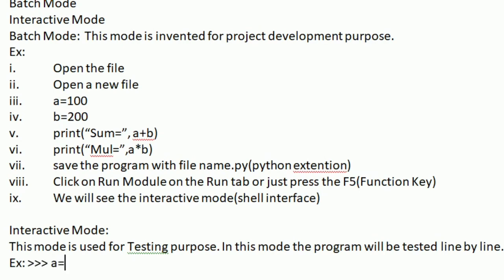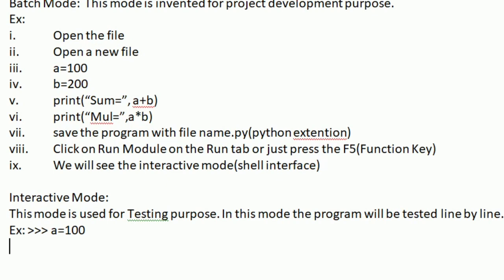We simply assign a value to a variable, and after writing this statement, when we press enter, we get the resultant value. b is the variable, and we assign the value 200 to it.